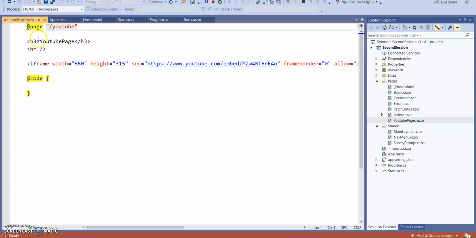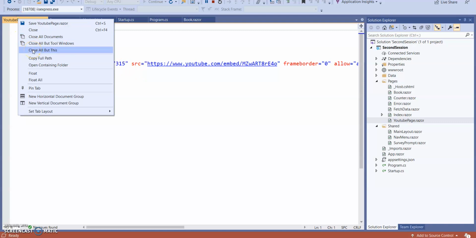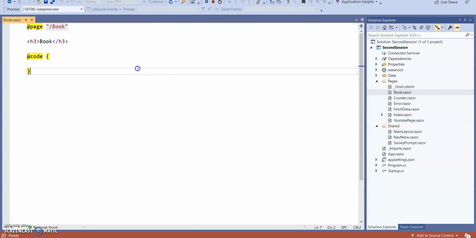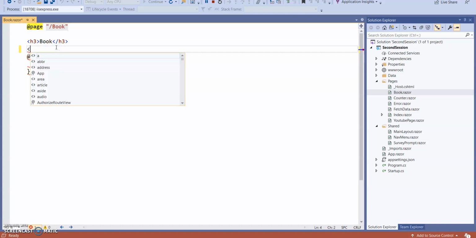So let's go to the Book page, close everything. Here you can see Book.razor. Here the URL is added. Next I want a separator.